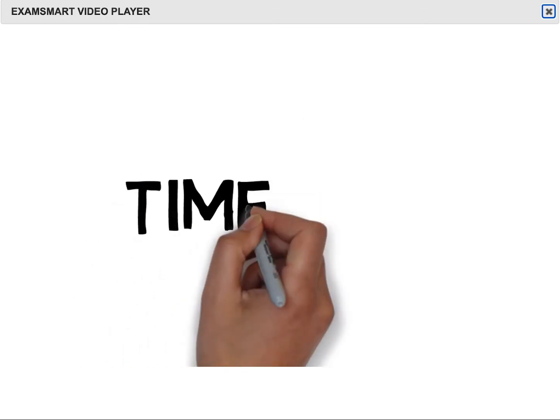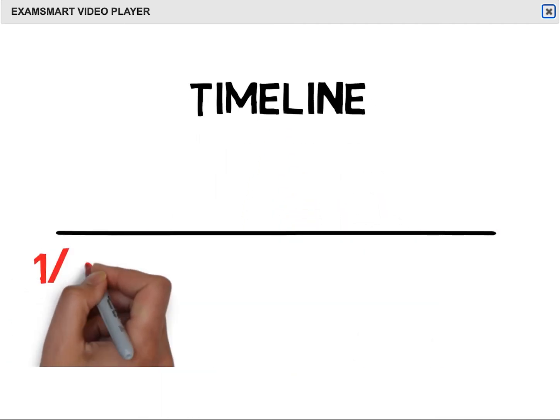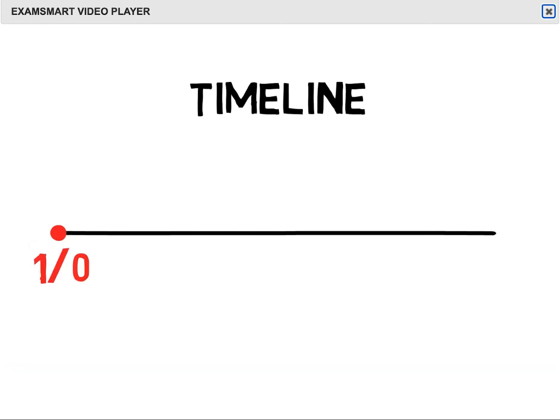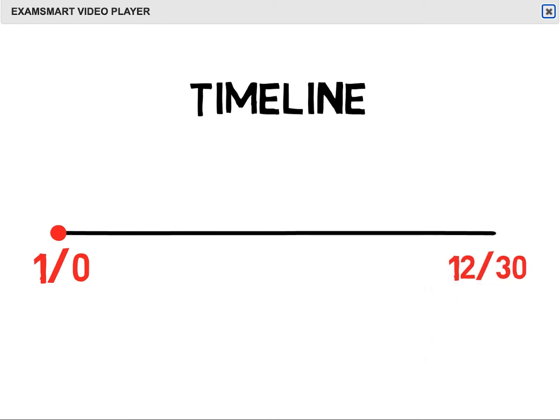First thing we do is draw a timeline. Our timeline starts on January 0, which is 1/0, in essence January 1st. The end will be December 30th. So at the end of the timeline, we put 12/30. Our closing date is May 15th, so in the middle, we put